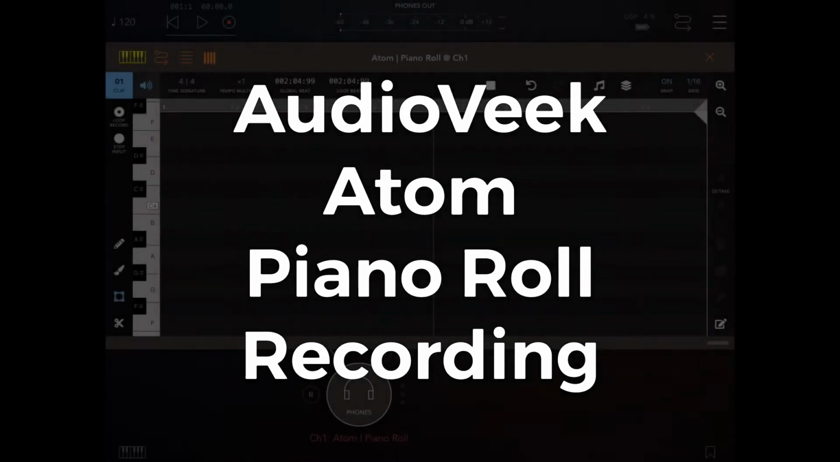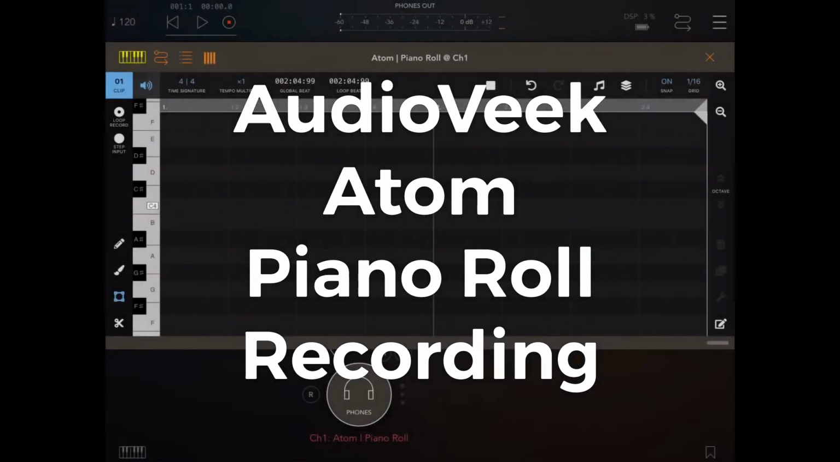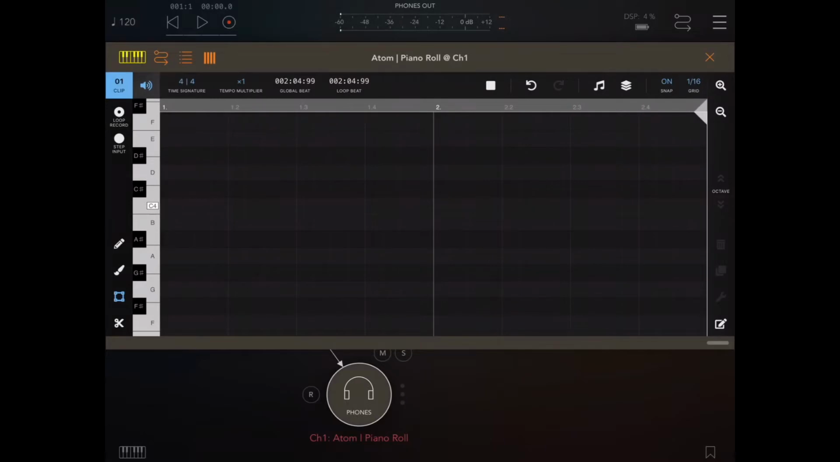This is Audio Veek, and we're looking at Atom Piano Roll's record options. Below your clip name on the left hand side, you'll see loop record. What this does is it puts the piano roll into armed mode. So when you press play in your host, in this case AUM, any notes you play will automatically record into